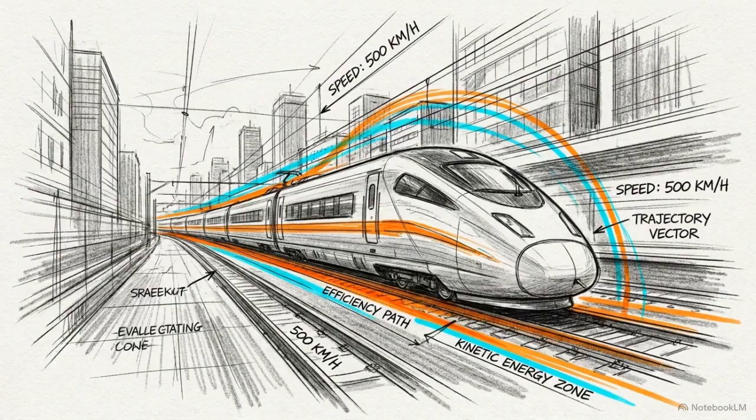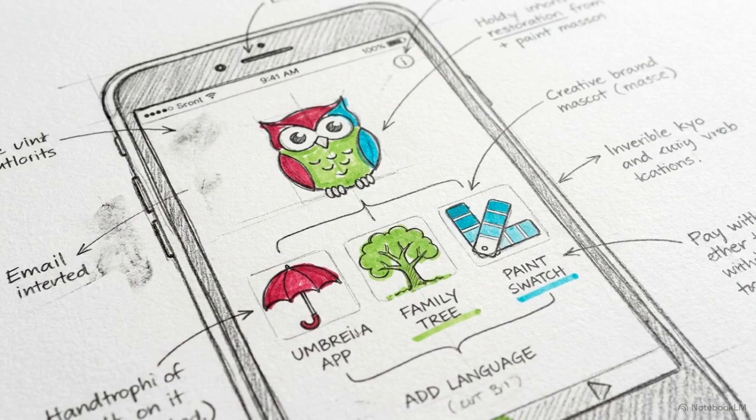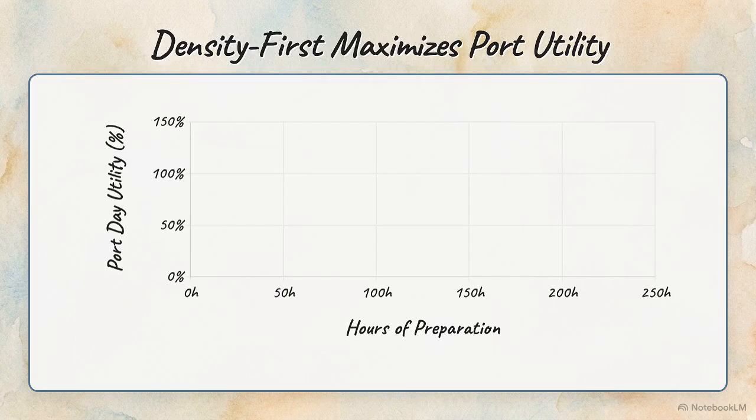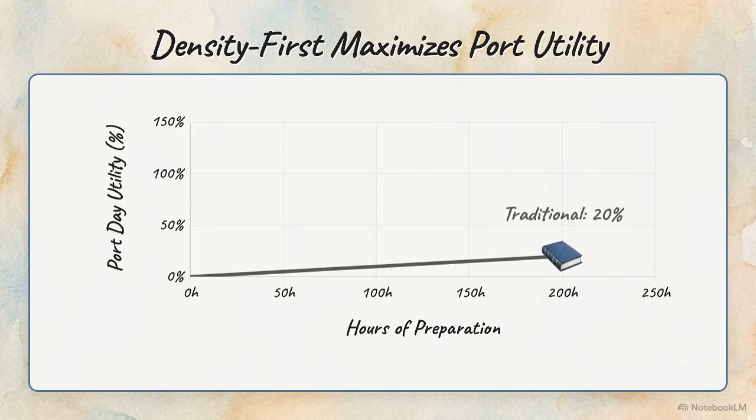for speed. Standard language apps focus on long-term immersion. They spend months teaching you the words for colors, family members, and how to discuss the weather. Comparing preparation hours against port day utility reveals the problem. Traditional methods demand hundreds of hours for low value. You'll never discuss an aunt's sweater with a taxi driver. The density-first method takes 0 prep while maximizing on-the-ground utility.